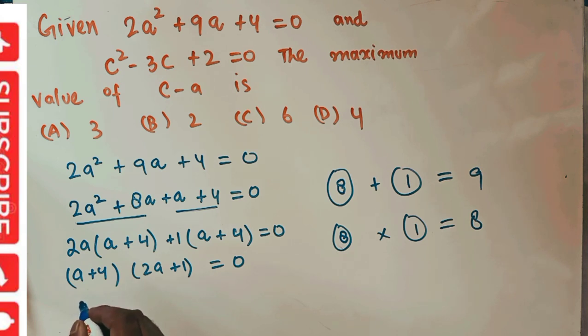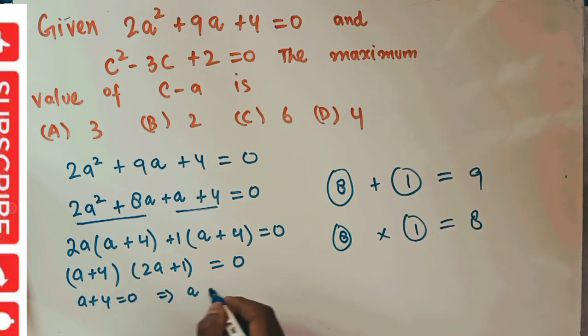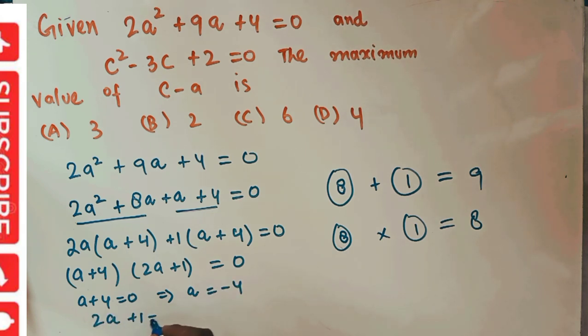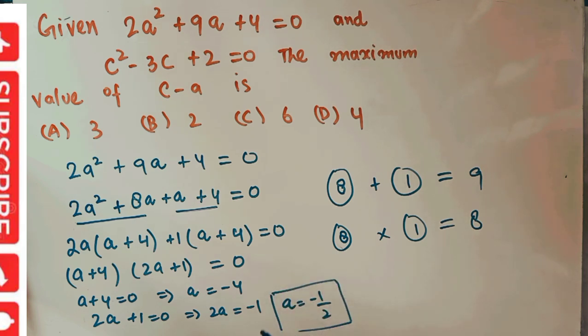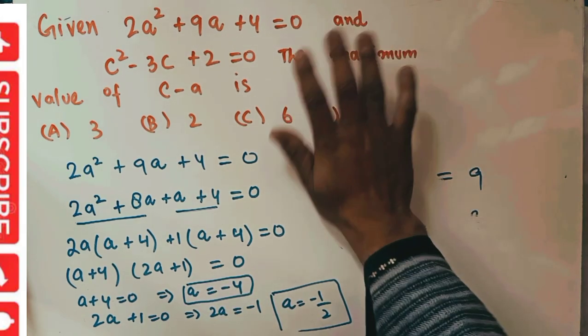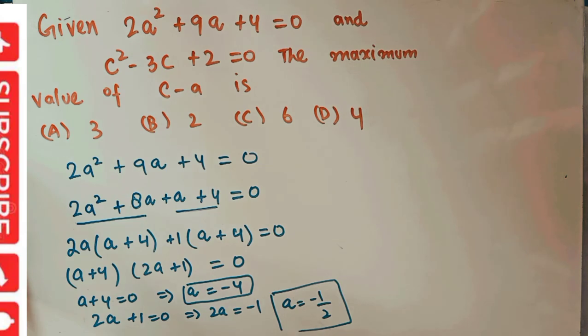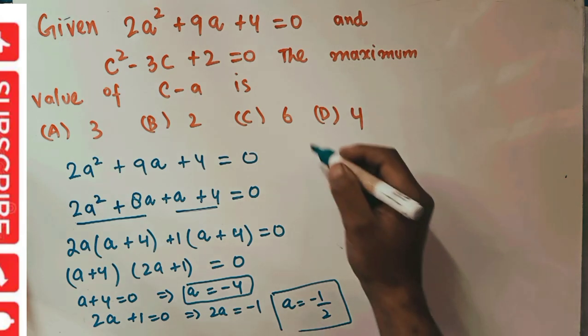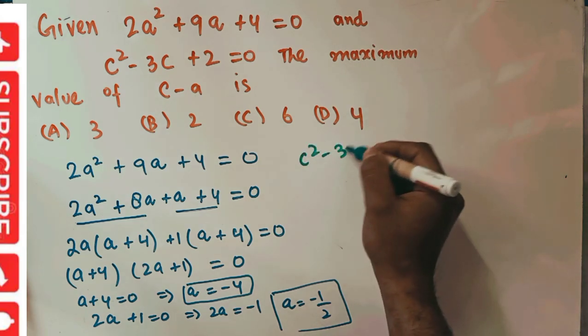It implies either a + 4 = 0, which gives a = -4, or 2a + 1 = 0, which implies 2a = -1, which gives a = -1/2. So we got two values for a, that is a = -1/2 and a = -4. Similarly, we need to solve the next quadratic equation, that is c² - 3c + 2